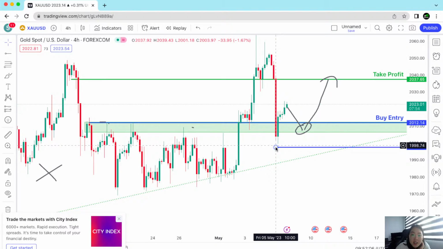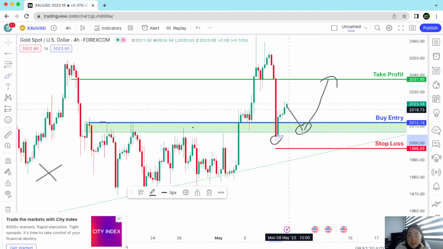Okay, so this will be our stop loss. I'm just going to put it slightly below this swing low. I'm hoping if it were to come down, it doesn't break this swing low. If it breaks the swing low, that means price is probably trying to make new lows. Ideally, I don't want to see that happening. Ideally, I want price to just pull back to this area, and somewhere along this area we can get in for a buy. But if it hits our stop loss, that's totally fine.